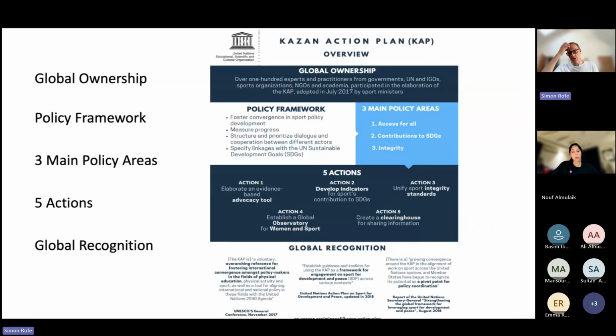But that's just to focus on the nation state. Here I want to just look at, very briefly, the United Nations and how that has gone about it. So if you're thinking here about whether the state is the appropriate dimension, what else? And here, again, don't dwell on the details, it's not fundamental, but look here at the overview, the ownership of sport. So from the Kazan Action Plan, which was founded in 2017, sports ministers represented governments, UN, IGOs, sports